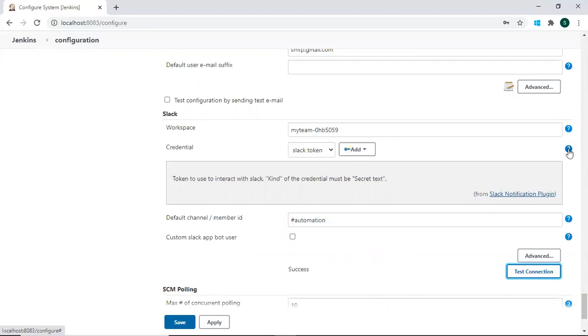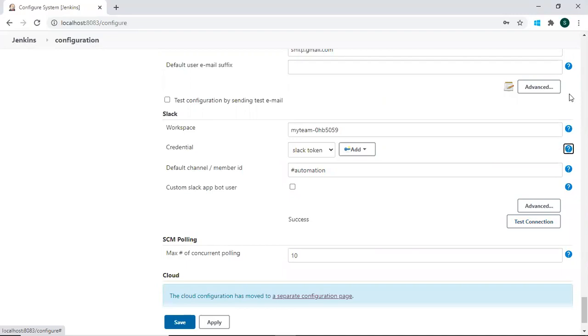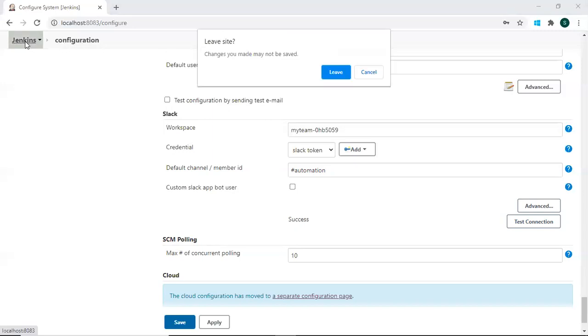Maybe some configuration lag. So with the same configuration which we did, it is testing succeeded. Sometimes Jenkins configuration takes time to load these configurations. So we have done all these settings. Now we can connect to the Slack server. What we have to do is we have to test now. Okay, I have to apply first these changes.